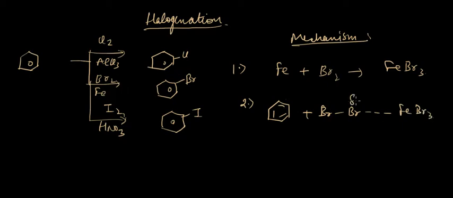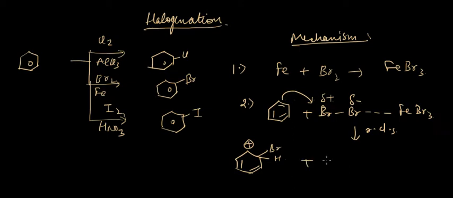okay, and acquires a partial positive and partial negative charge, and as a result the phenyl ring would actually attack the partially positively charged bromine atom, and we'll get something like this as an arenium ion, with Br and H here, okay, plus we get FeBr4 minus,